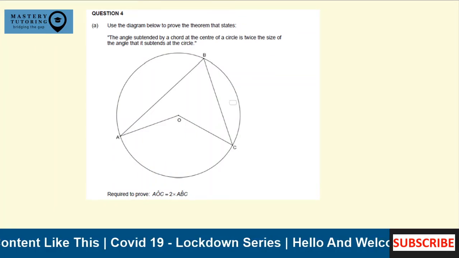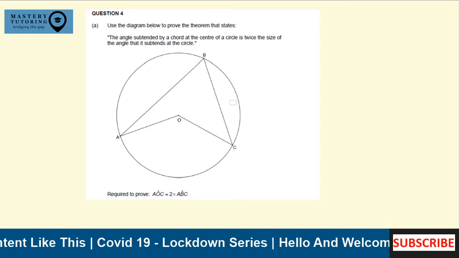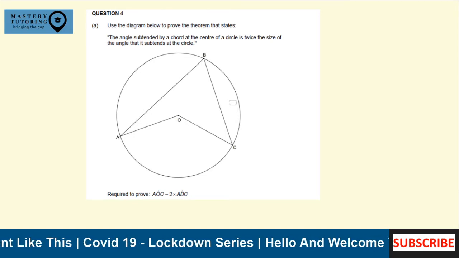I'm a tutor, Kara, and today we're going to be doing this amazing question from the 2018 Paper 2 IEB